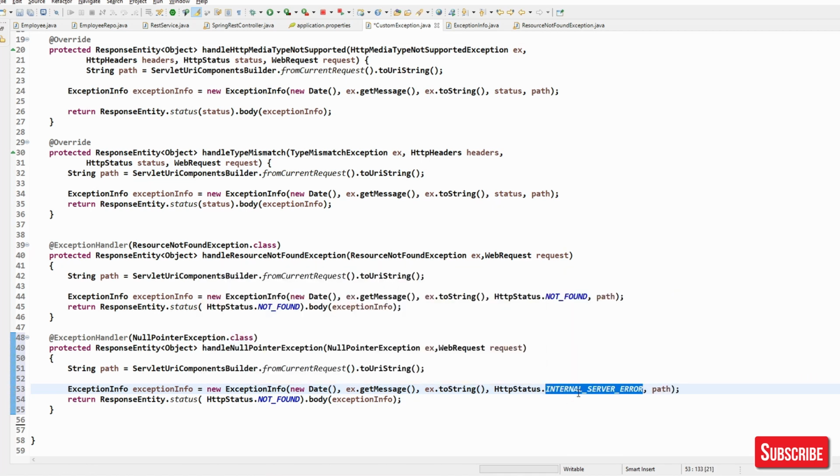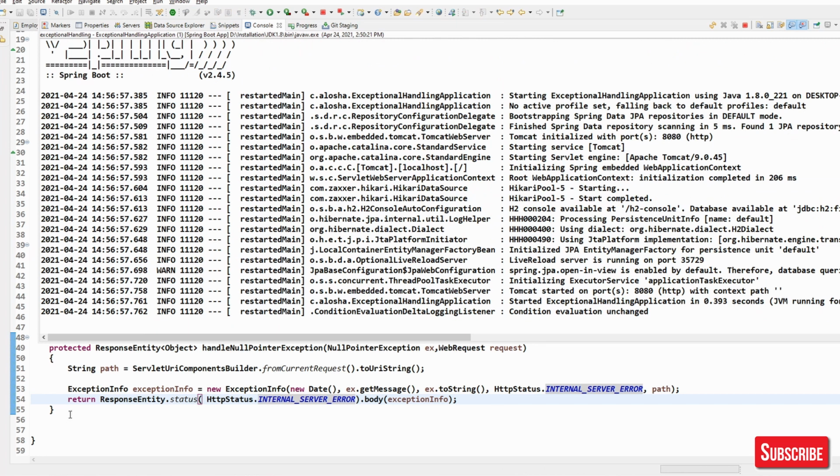Okay, in the case of NullPointerException, that's what is going to be sent.